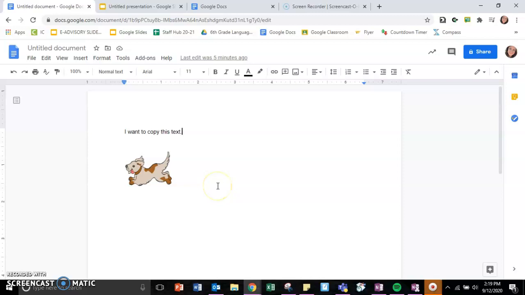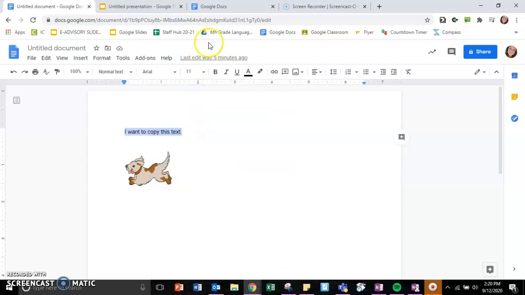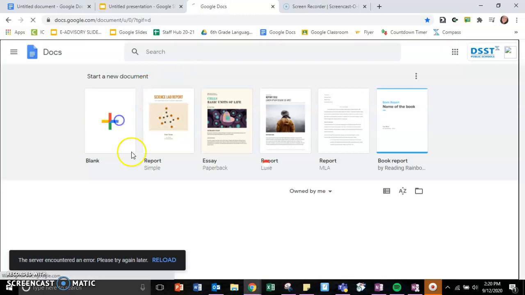In this video, we'll learn how to copy and paste. Say, for example, that you want to copy and paste a chunk of text. Simply take your mouse, highlight the text, right-click on it, and then choose the option that says Copy. Then go where you want to paste the text,